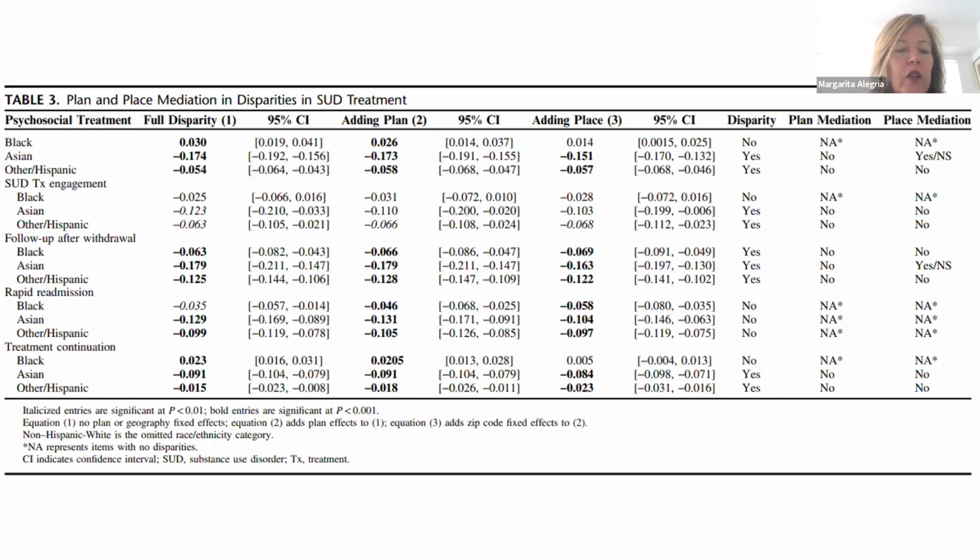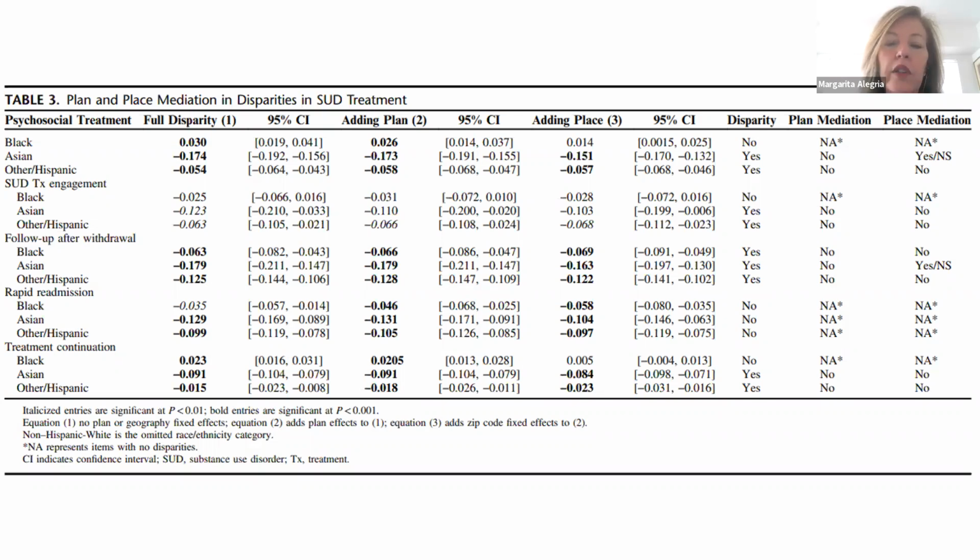I'm not going to go into that here, but if you go to the last columns, the disparity, the plan mediation, and the place mediation, you can see there were differences in terms of disparities, as we were saying before, but almost nothing could be attributed to either the plan, when we added the plan, or to the place, except we found some effect for Asian groups, where